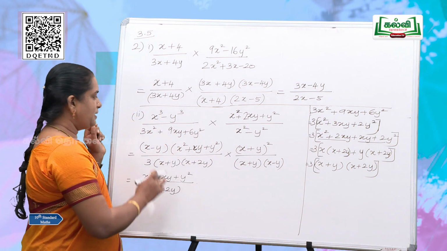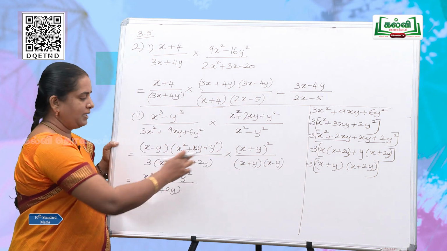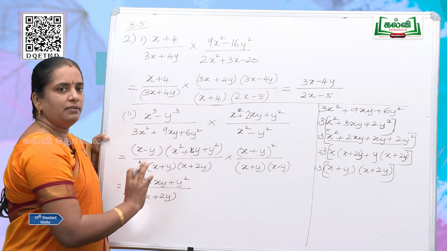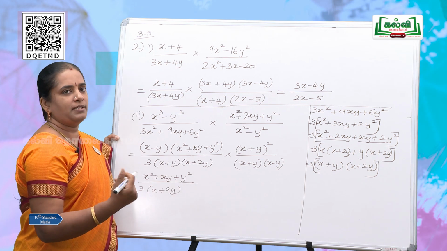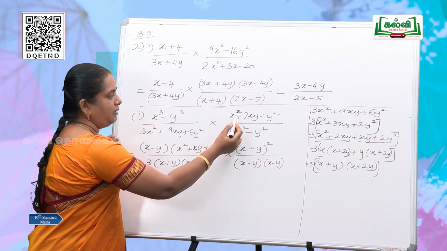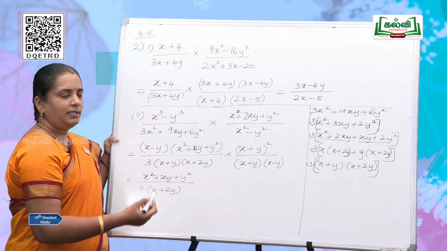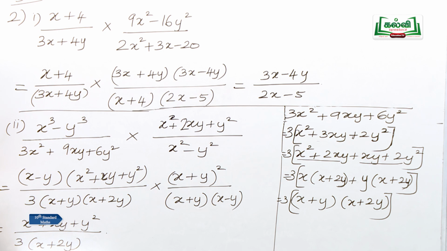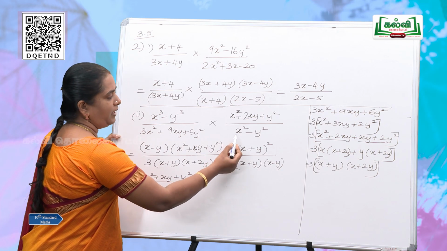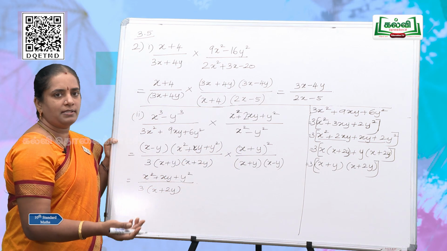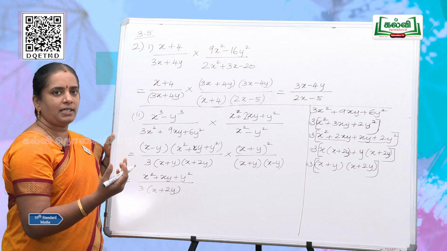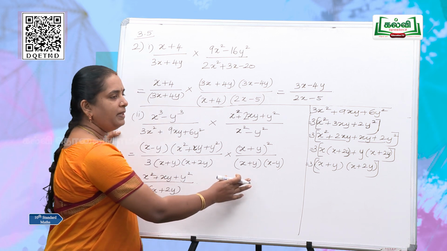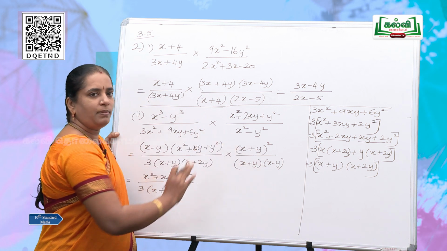So, we are going to replace this denominator with the factorized form. And then in this you have the formula, all the other terms are having formulas directly. This is in the form a square plus 2ab plus b square, that is (a plus b) the whole square. So, we have got the factorized form as (x plus y) the whole square. In the denominator also we have the formula: x square minus y square is in the form a square minus b square, so we can split it as (x plus y) into (x minus y).